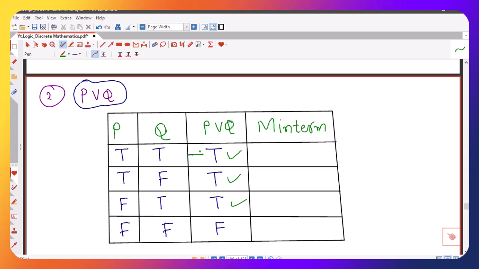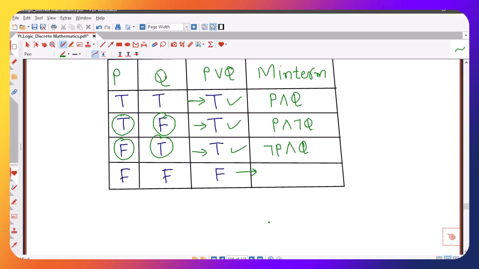Now corresponding to this true value, we have p true and q true, therefore we write down the min term as p and q. Now corresponding to this truth value, p is true, therefore we write p, and q is false, so we write negation q, which becomes true. Corresponding to this, p is false, therefore we consider negation p, which becomes true when p is false. And here q is true, therefore we keep q as it is, and we need not write a min term corresponding to